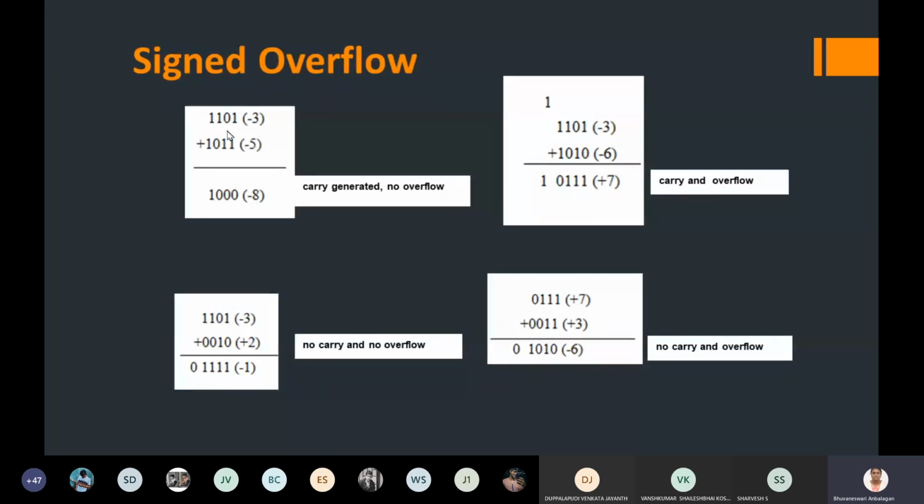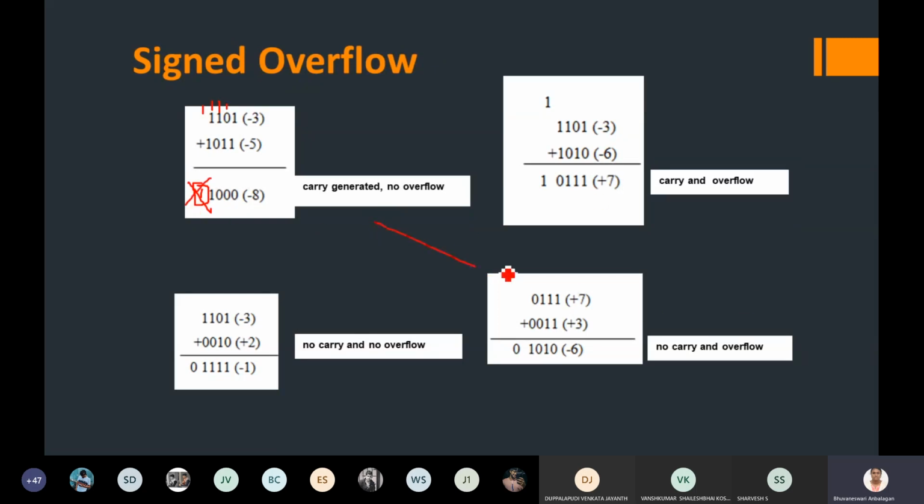Okay, see here, carry is generated. Am I right? 1, 0, carry 1. Again 1 plus 1, 0, carry 1. 1 plus 1, 0, carry 1. 1, 1, balance 1. So 1. Here a carry is generated, but when we are adding the two numbers, you will usually discard this, so there is no overflow.